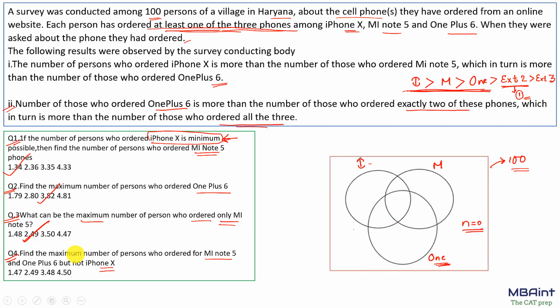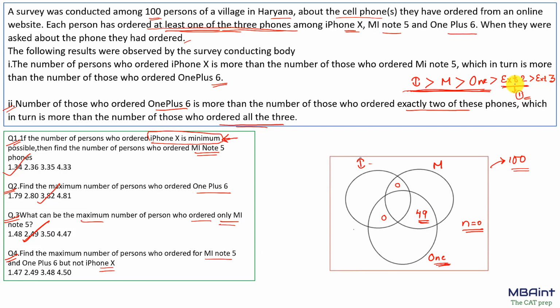So now the other number that we have is 49. So we'll have to do hit and trial. That is a better thing to do. So if this is 49 and we have to fulfill all the condition, now as we have to maximize this region, we have to make all the value of exactly 2 in this subset of exactly 2. It means that let's make the other regions of exactly 2 as 0 so that we can give more and more value to this region of exactly 2.